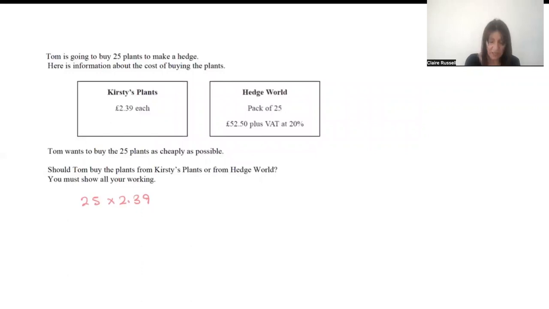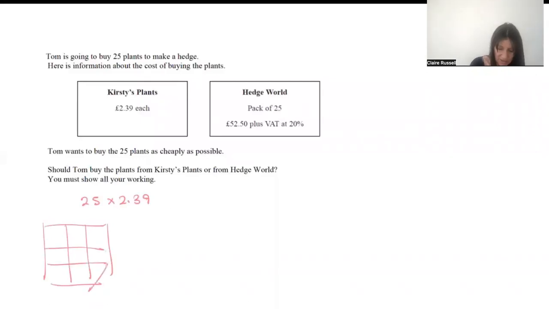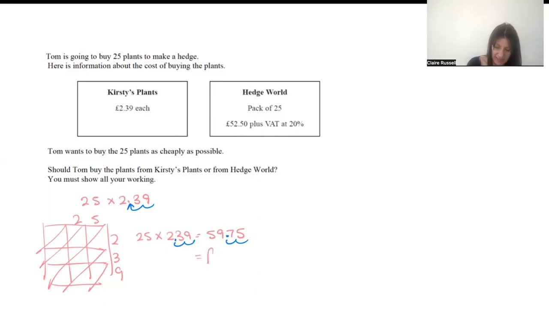method you have, okay? So we teach, and most of our students will use this grid. I'm not going to do the whole thing, but you would use what you have, okay? We also leave the decimal completely out, and we just work out what 25 times 239 is. That would, if you did it all by hand, get you that. And then it's just a case of getting the decimal back in. So the decimal lives 2 places in here, which we can see clearly. So you do the same in your answer, and we have got